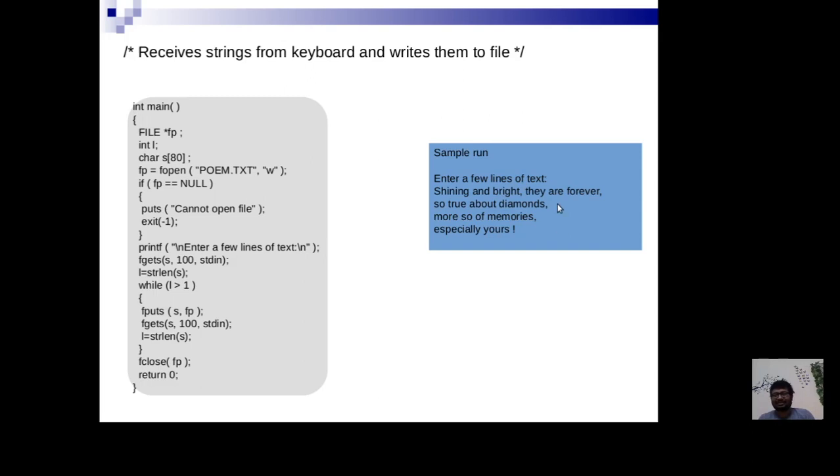This is a sample run, doesn't say much. So after you run this, your directory should have a file of this name, poem.txt, and it should have exactly this written in it. There will be a new line after the last line. If the directory did not have a file of this name, fopen will create one, and if it had a file, then since it's being opened in write mode, all the previous contents will be written over, and this is what the file will contain after this program terminates.